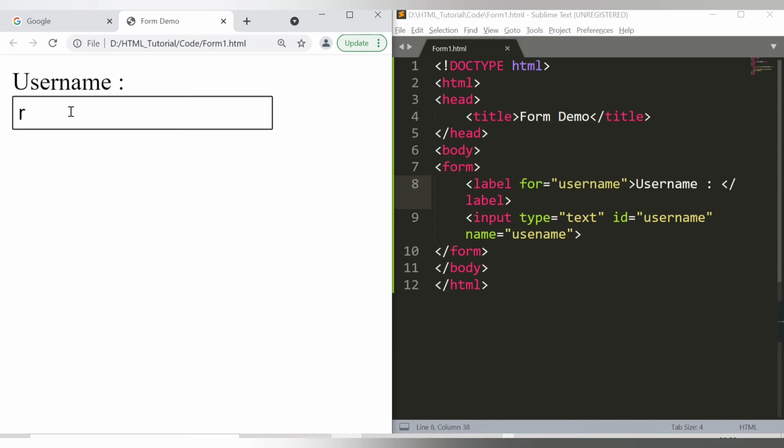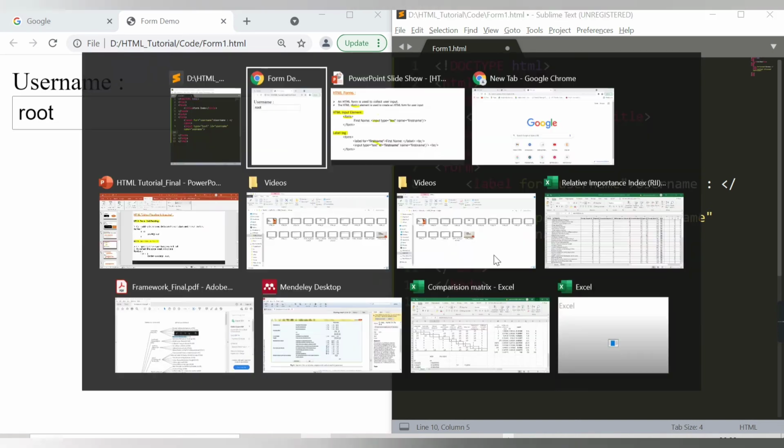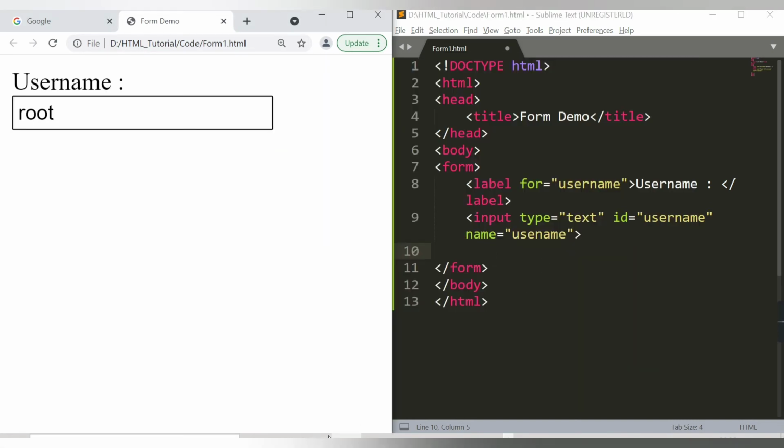You can use, enter your username here. Also, let's see what other tags we can cover here. If you have the username, let's say we want to print the field for password also. Let's check.